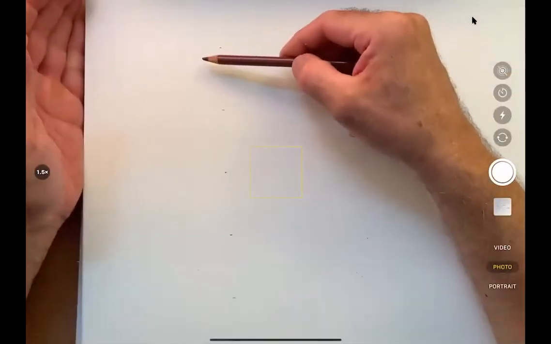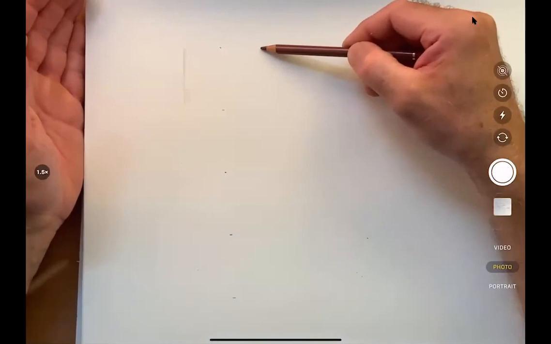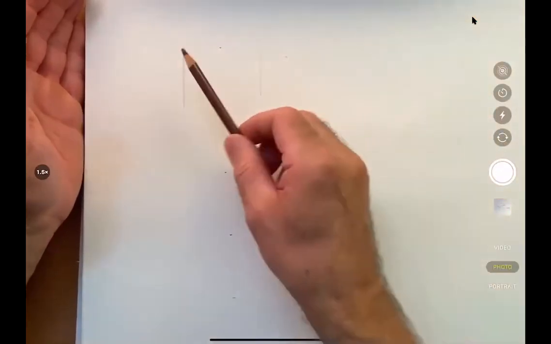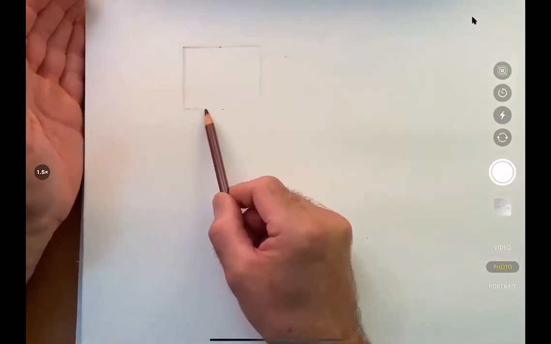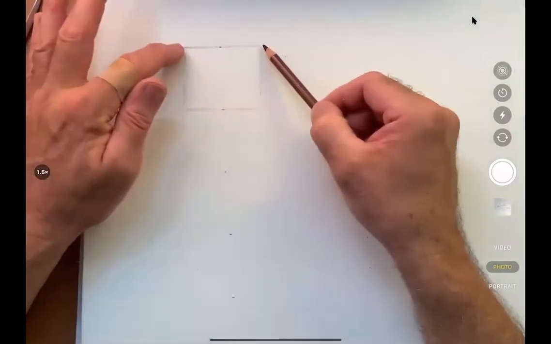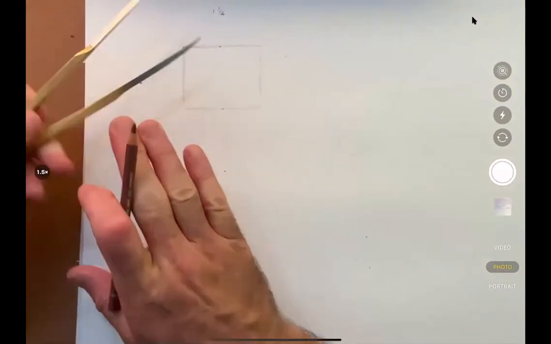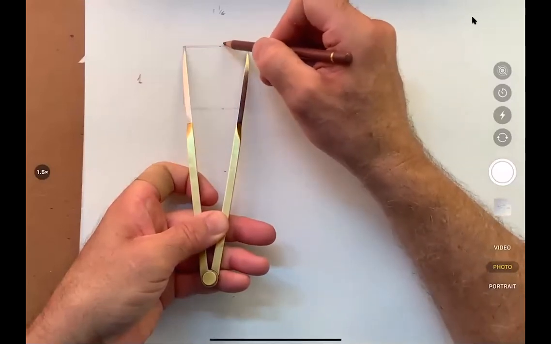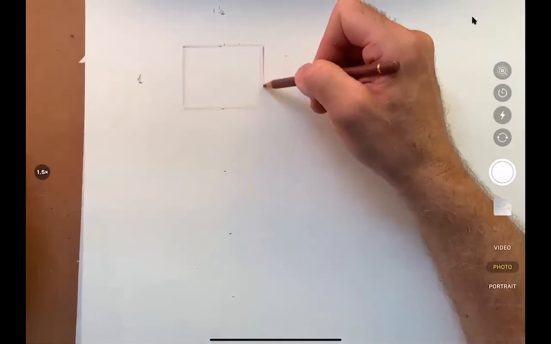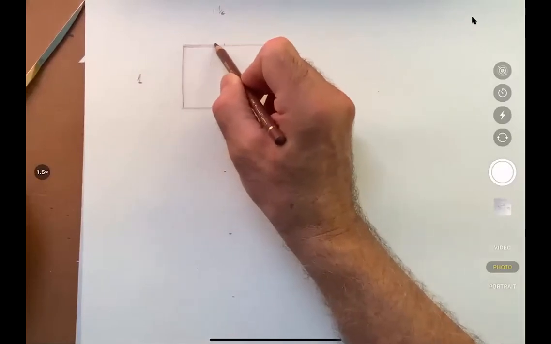So now we block in the measurement of the size of the pelvis. The height of the pelvis is 1, so this is going to be the box of 1, right? And the width is a little bit more than 1. I am eyeballing it, but the height is 1, and the width should be about 1 1/4, meaning a little bit wider than the height. Maybe it could be a little bit wider here. Okay, so about 1 1/4, because there's going to be variation within the population, but the width of the pelvis is a little bit